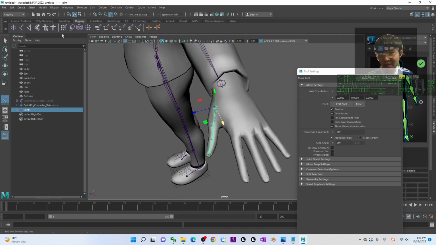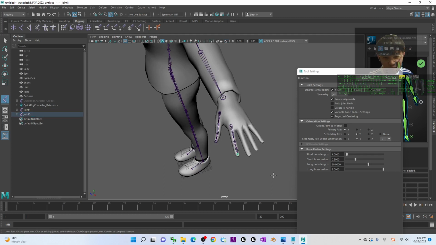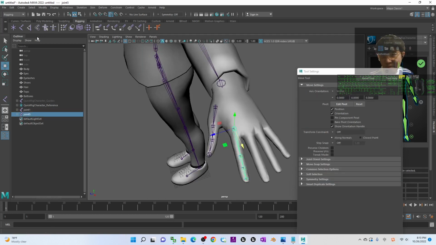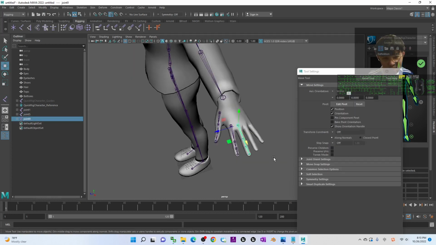Next, click again. Then, map the index finger. Like this. Press enter. Click. Enter.